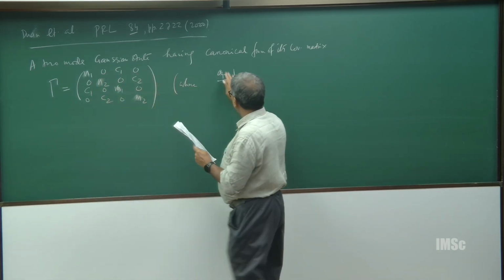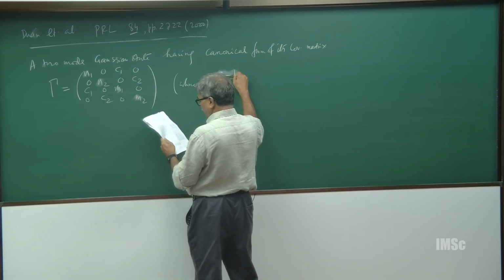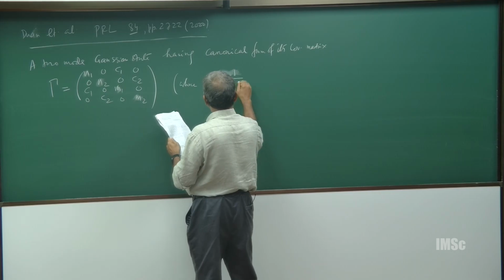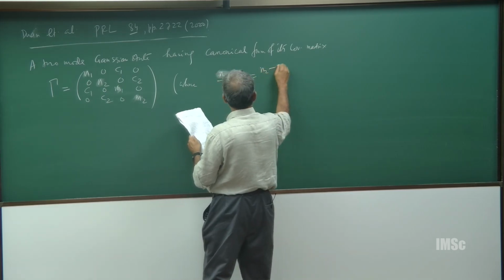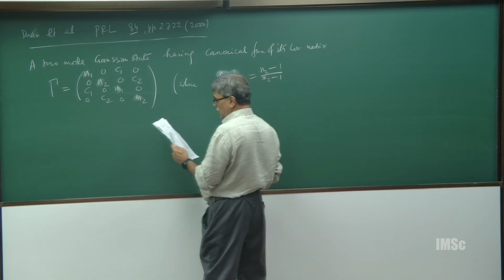So, n1 minus 1 divided by m1 minus 1 should be equal to n2 minus 1 divided by m2 minus 1